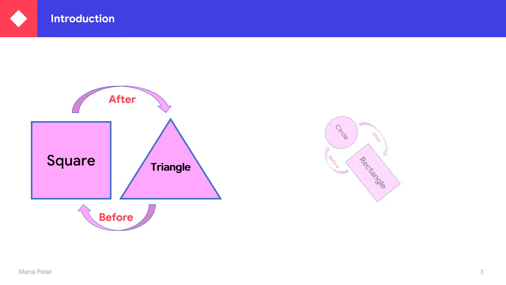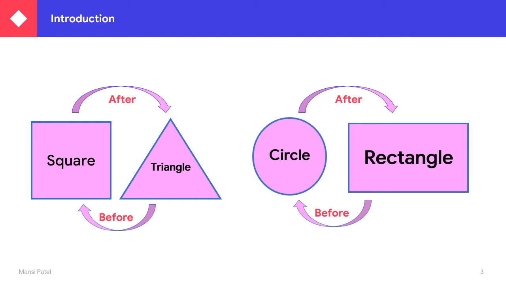See one another diagram, one another figure. In this figure you can see two shapes are there. One is circle, second one is rectangle. Which shape before circle? So you can say it is a triangle. Which shape before rectangle? So it is a circle. Which shape after triangle? So your answer is also circle. So we can say that the circle lies between rectangle and triangle.